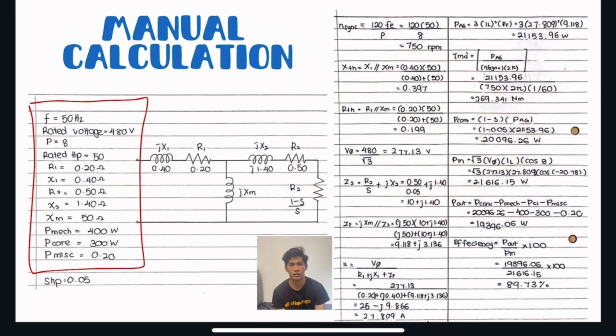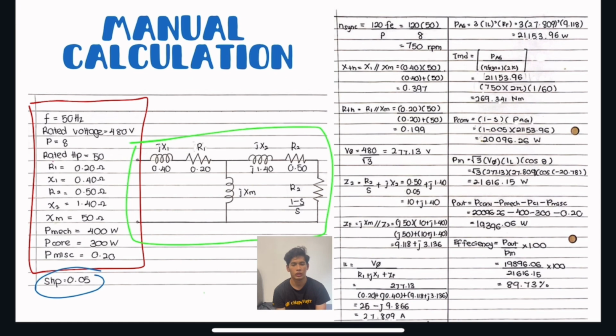voltage 480 volt, pole 8, rated horsepower 50, R1 0.2 ohm, X1 0.4 ohm, R2 0.5 ohm, X2 1.4 ohm, XM 50 ohm, mechanical power loss 400 watts, core power loss 300 watts, miscellaneous power loss is 0.2, and the slip that we focus on is 0.05, and this is our